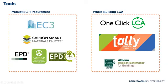There are a number of tools out there to help us lower the embodied carbon of our buildings. On the product side and the procurement side, there's a new tool that many of you may have heard of called EC3, or the Embodied Carbon and Construction Calculator, which helps us compare EPDs in certain specific product types to understand which products may have higher or lower embodied carbon. There's the Carbon Smart Materials palette, which tells us in certain product types,